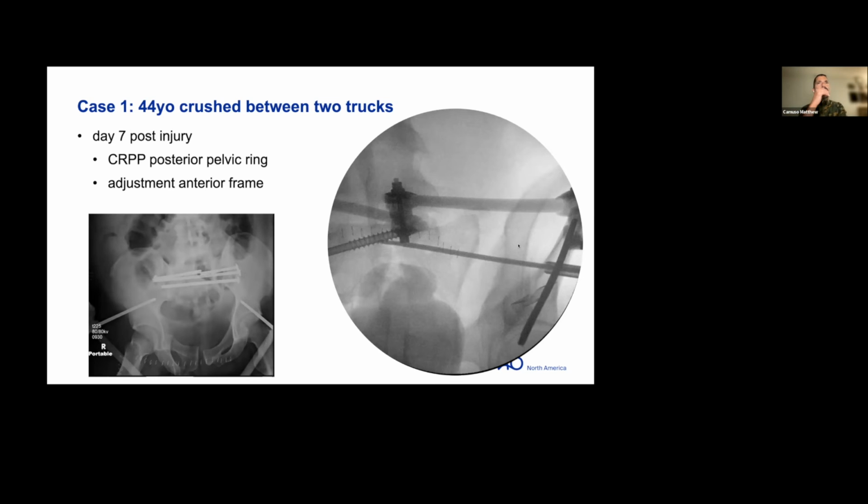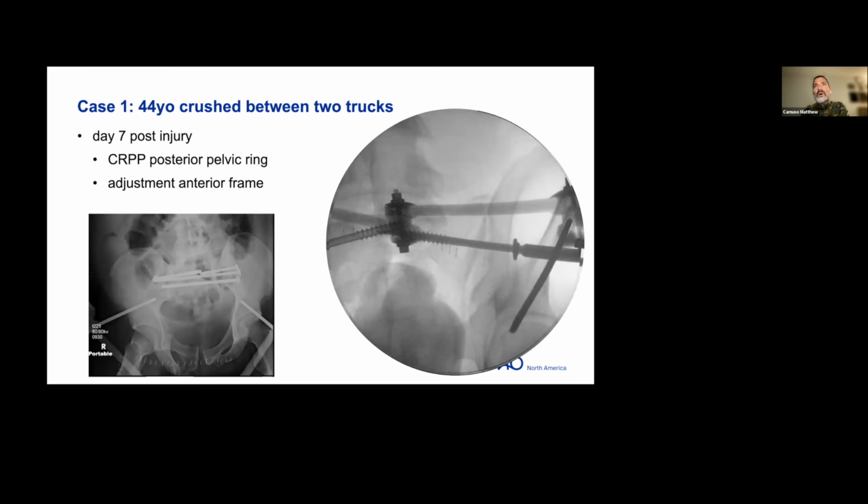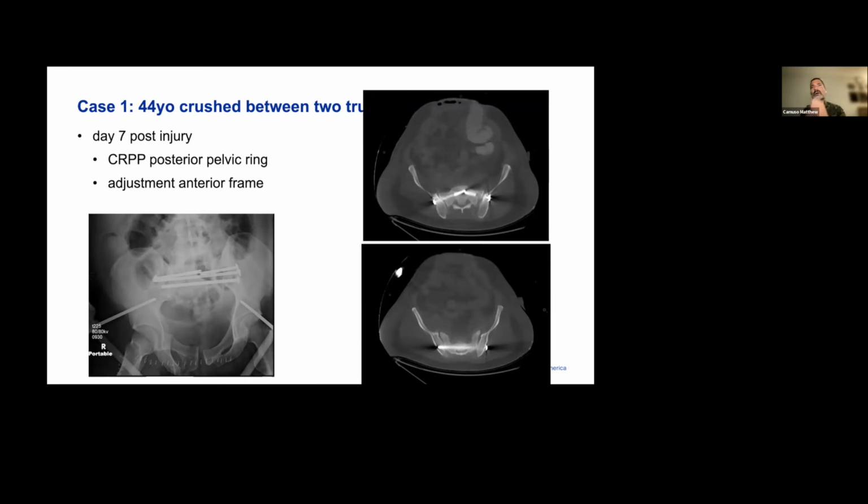Look, I'll move through this one a little bit. Here is what we did at day 7, and what I heard both Steve and Ray say is that you should have done this on day 1, on day 0, is put a couple of these resuscitative screws in to get control of the posterior part of that pelvic ring, because it does a much better job than any anterior frame can do. So certainly, if I were to do this case over again, I would do as they suggested